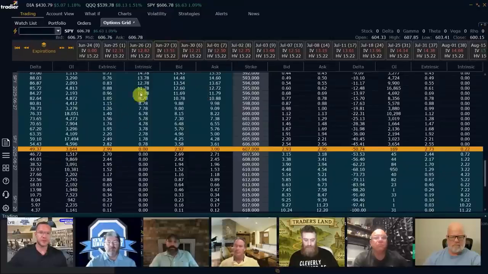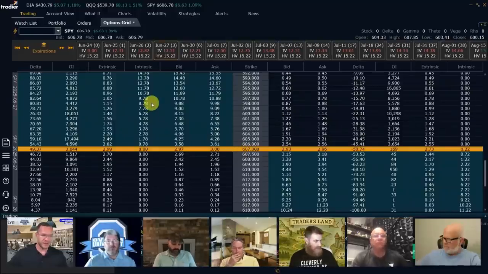And that's the point of going in the money. In fact, all you got to do is add your extrinsic value to the strike price. That's your break even point. It's simple as that. Add your extrinsic to your strike price, and that's where you break even. That's why I try and minimize extrinsic value, right?